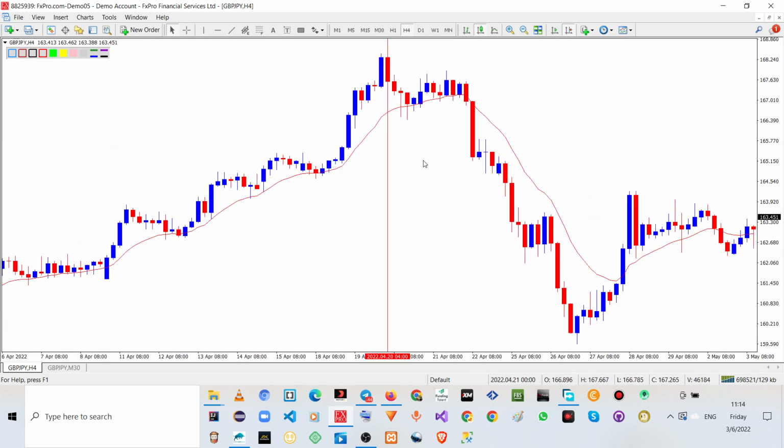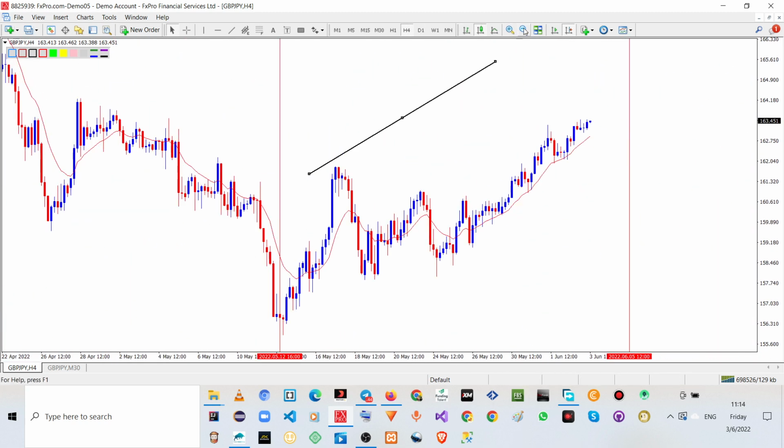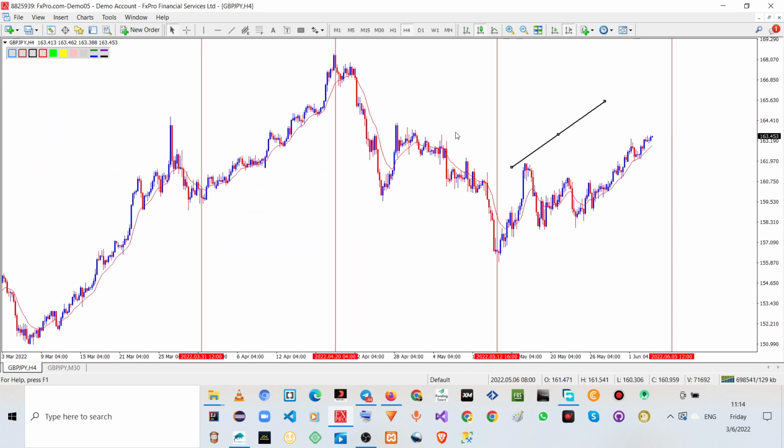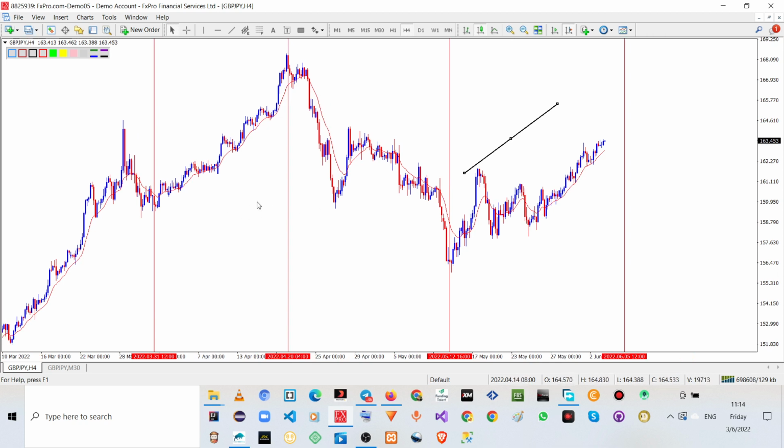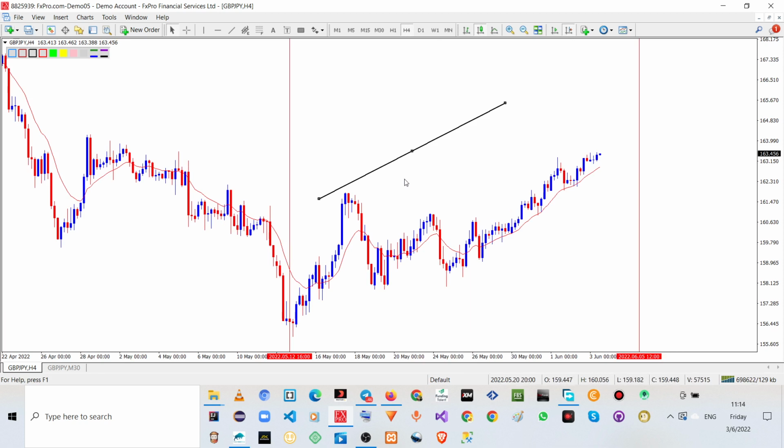You can see that I used vertical lines to separate the trends that the price has been moving. As you can see, within a certain two sets of vertical lines, there's a different phase, a different trend in it, uptrend or downtrend. So without wasting time, I'm going to be concentrating on the recent trend that we have here,